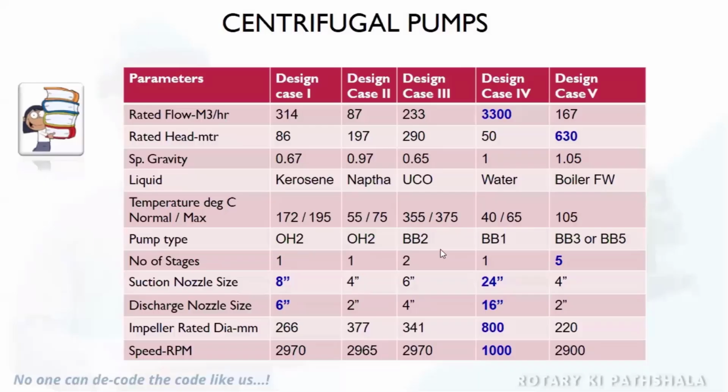So we have to go to another configuration, which is a BB2. BB2 is a between bearing pump, two-stage pump, which is a radial split. Now the next case is,